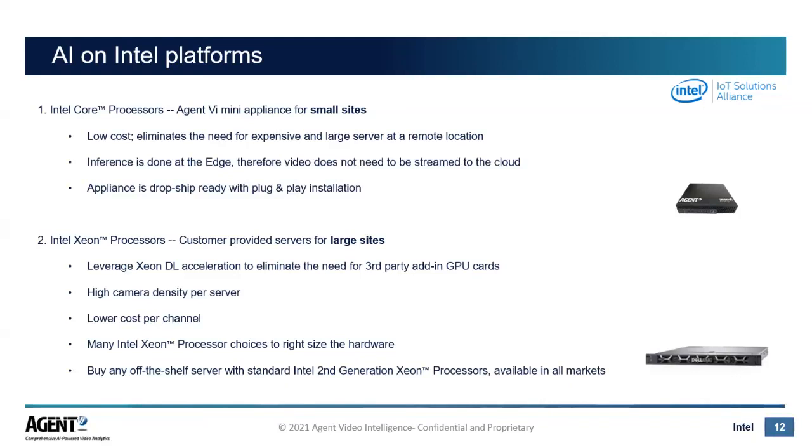But also, since it's using standard generic Xeon processors, you can also right size it. If you only need 50 cameras, just buy a cheaper server to the size that you need. And these can be literally overnight drop ship Dell or HP servers if you needed to. So it's a very efficient platform, and does not require the GPU cards that a lot of people think, both reducing cost, improving maintainability, all of those things.